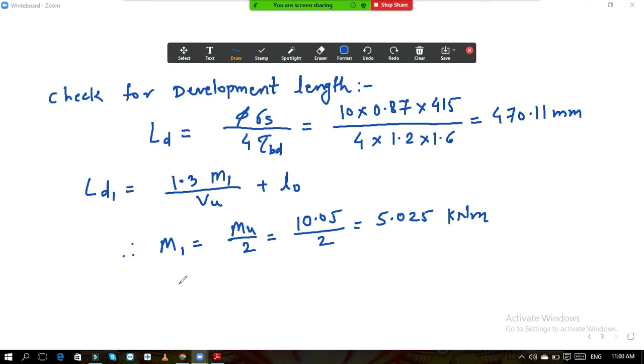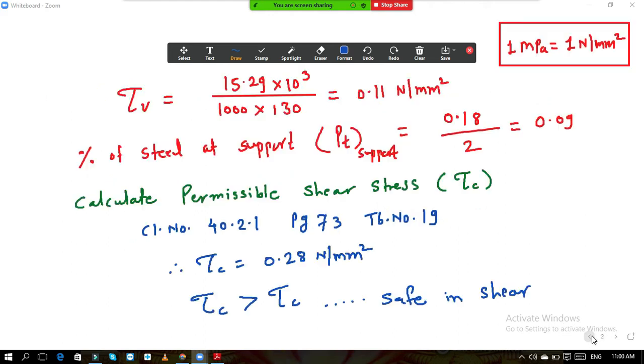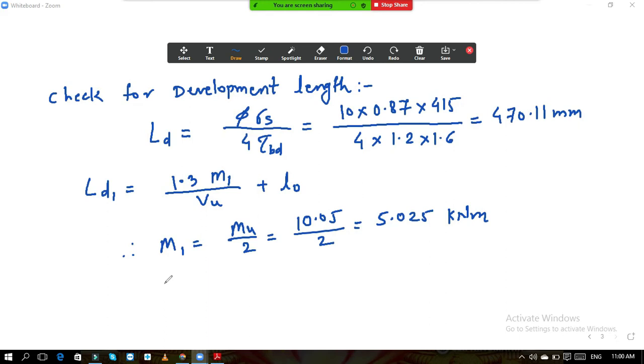What is the value of VU? It is 15.23 or 29 something, no? We have already calculated that, 15.29. So VU is equal to 15.29 kilonewton, and then L0. Okay. So you know that L0 we can calculate it by,